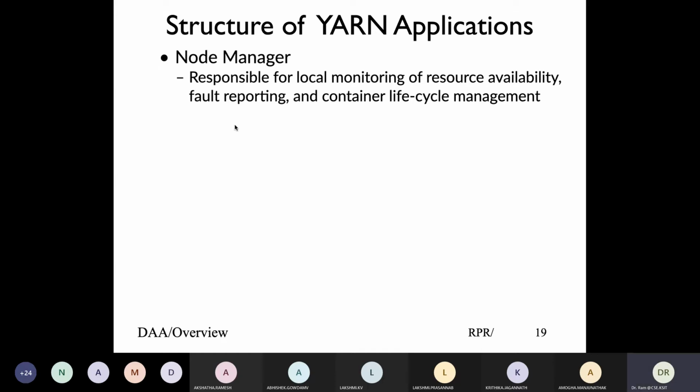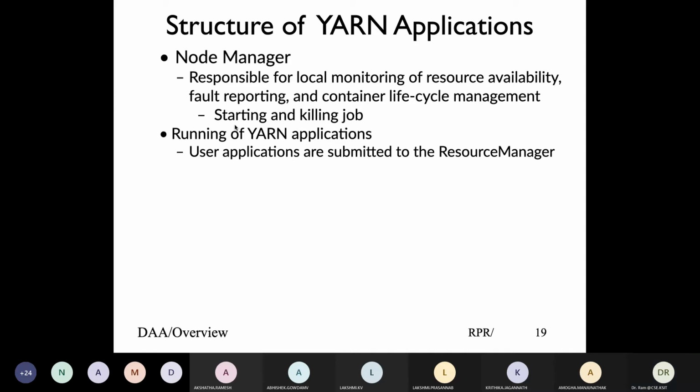So node manager is responsible for local monitoring of resources on a given cluster node. So it looks at basically node up, down, heartbeat. Resource manager knows which nodes are available and how much resources, compute power, memory, network bandwidth, etc. is available. It also starts and kills jobs and creates containers, but managing the life cycle of different jobs is done by application master.